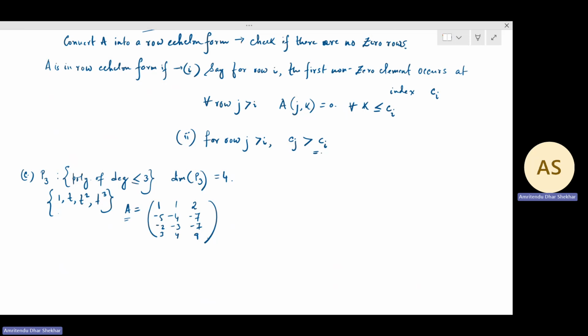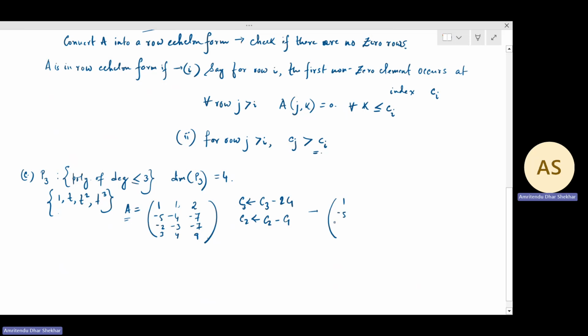Instead, we can also do the same with columns. So let us do that with columns. So the first operation is to essentially zero out the second and the third columns. So we want to make the element over here 0 and the element over here 0. So we're going to do these transformations. C3 is equal to C3 minus 2 times C1, and C2 is C2 minus C1. So that gives us